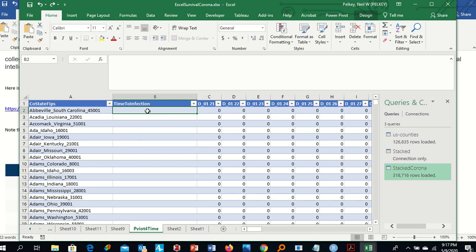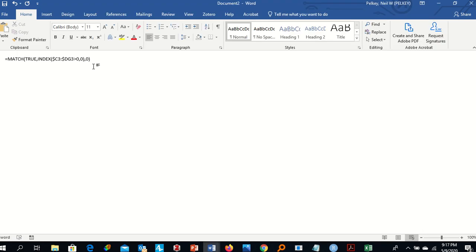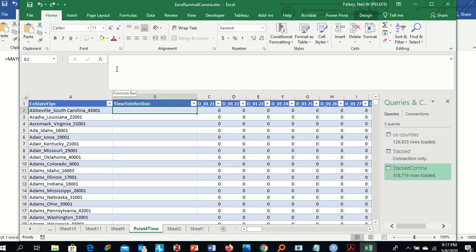And we need to paste a formula in here, which I get wrong occasionally. So I am going to put this in a document, but this is the formula. It's equals MATCH TRUE INDEX, and I'll explain it in a minute. I wanted to save you the